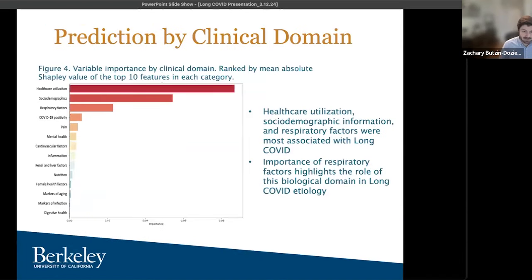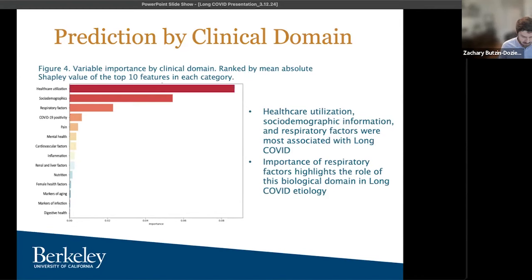So next, here's the ranking in terms of Shapley values for the 14, we describe them as clinical domains. So we found here that healthcare utilization was by far the most predictive category. That's really consistent with the literature. In other words, healthcare utilization is how often somebody goes to the doctor or how often they interact with any of these healthcare providers. So I'll circle back to this at the end, because really we want to unpack